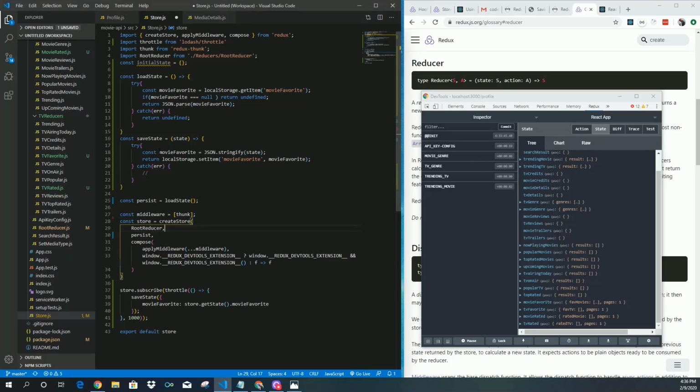Now we've created the save, so we're stringifying, let me see, hold on. Yes, we're stringifying only our MovieFavorite key. Now we want to be able to do all of them,